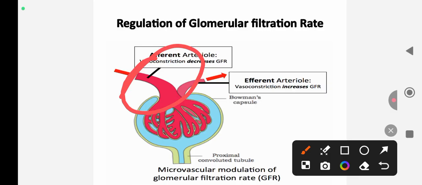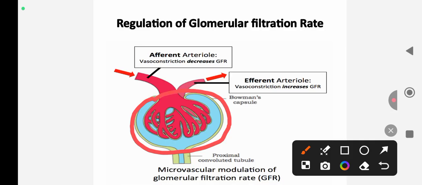Then it enters into the Bowman's capsule, as written here, where it divides into smaller blood vessels. Those smaller blood vessels you can see here, they are what we call the glomerulus. That's your glomerulus. So once it splits, it goes out of the glomerulus